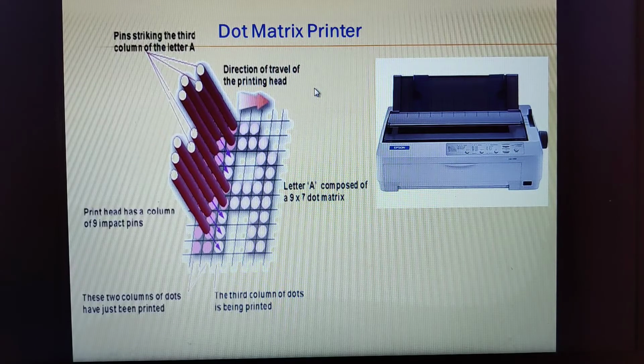Alright. So they are comparatively very slow here. Its printing speed is around 300 characters per second. Nowadays we are getting higher end dot matrix printers, supporting up to 700 characters per second, and they are also extensively used with multi-part stationery to prepare multiple or carbon copies of the same document. Suppose when you give a printout from the dot matrix, it will generate one printout, and along with that it will give you 3 carbon copies. Therefore they are extensively used for generating carbon copies.